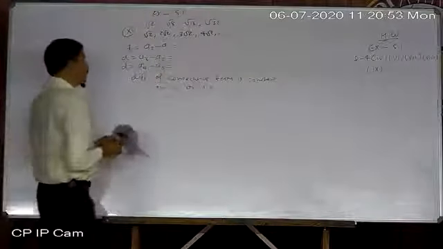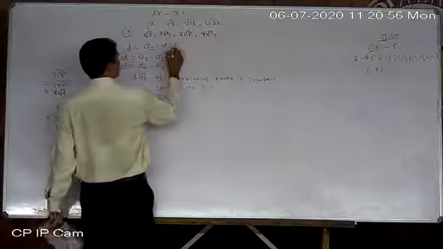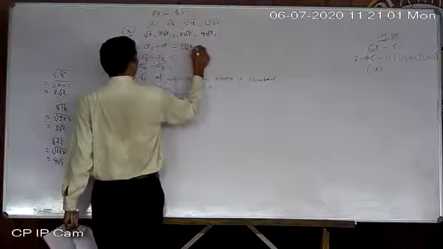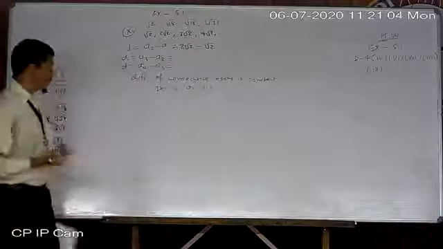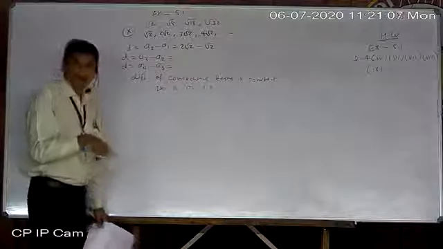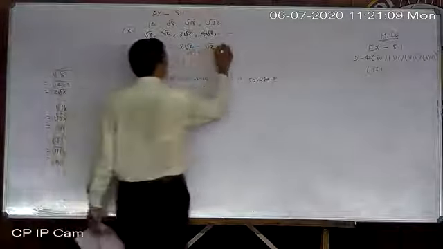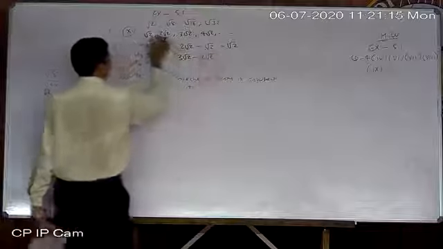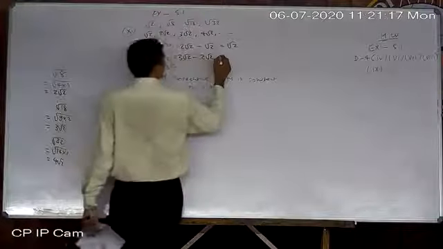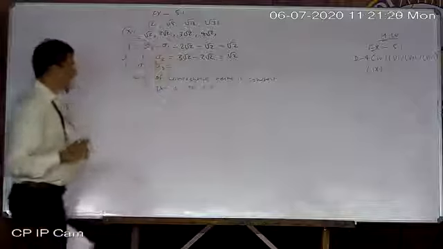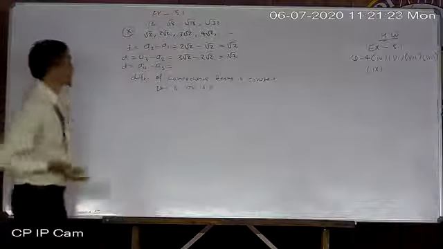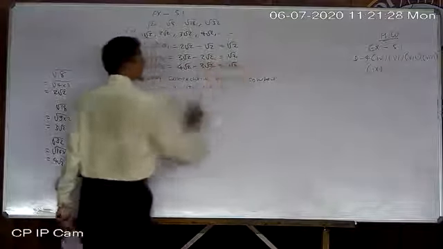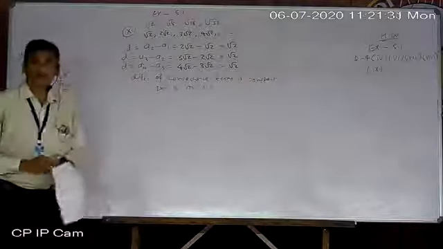Okay, so now I can write. It is an arithmetic progression. Why? Look there: root 2, then 2 root 2 minus root 2. That means 2 root 2 minus 1 root 2. They are like terms, so root 2 is the difference. Now 3 root 2 minus 2 root 2 is obviously root 2, just like 3x minus 2x. Now 4 root 2 minus 3 root 2 is root 2.